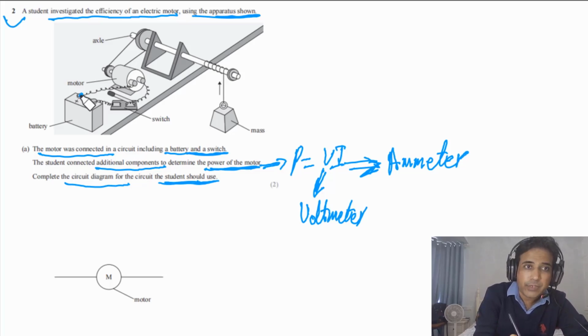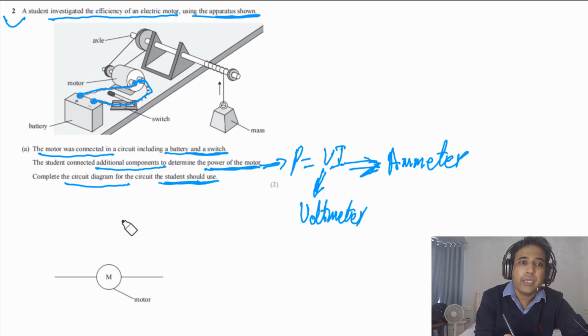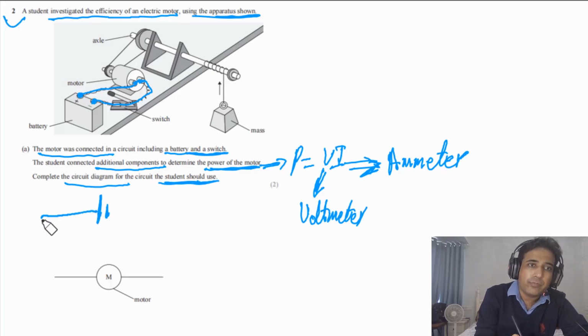And if you look at this one, we have the positive terminal of the battery. Then after this one, we have this motor. Motor is connected here. And after the motor, we have the switch. And then this is connected with the negative terminal of the battery. So simply, first of all, we can draw this is the positive terminal of the battery and this is negative. And here we can draw the switch. So this is representing the switch. And we can connect this one with the motor.